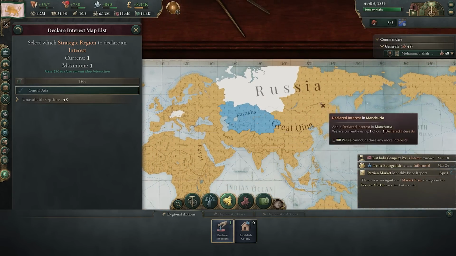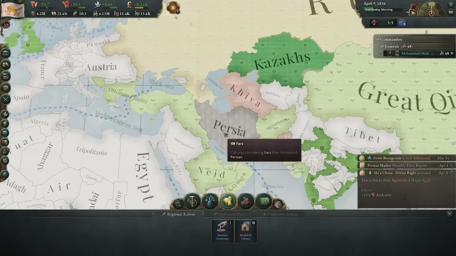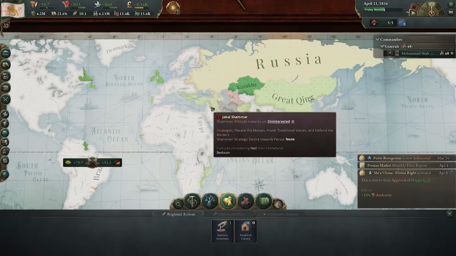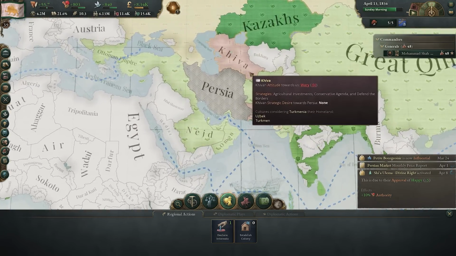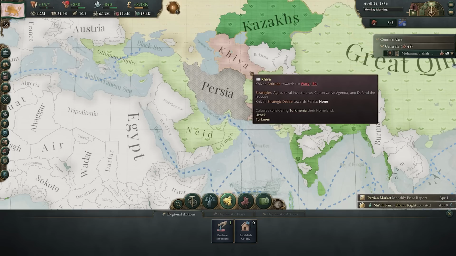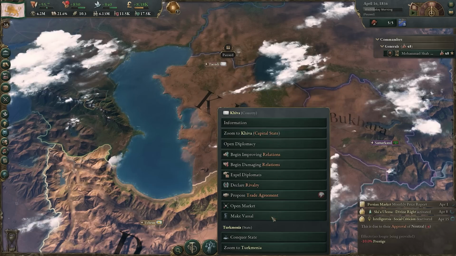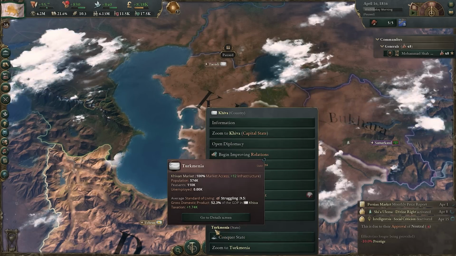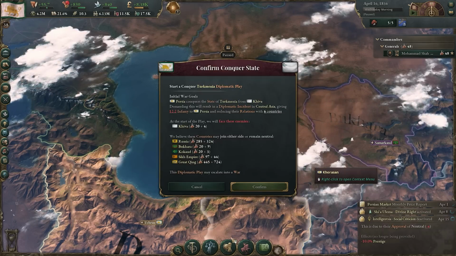You can see all of these other ones we don't. If we were a more powerful, prestigious, major nation, we might have more declared interests that we could put out there and potentially go on a big old rampage around the world. But honestly, one will be enough for us at the minute to try and build up a bit of prestige, maybe some notoriety. Let's use the conquer state interaction on this neighboring state here in Turkmenia as an example of how something like this